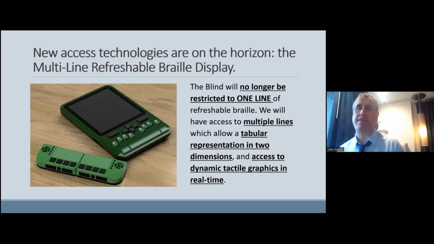And you might say, why is that important? Well, if you take a moment to think, when you use computer-assisted apparatus to do laboratory science, what are your sighted students looking at on their computer screen once they hit the data collection? They're probably looking at the dynamic graphic forming on their screen, and it's cueing them as to whether or not there's a problem or if it's going as predicted. And so now blind and vision impaired kids will have that opportunity to do that in real time with this